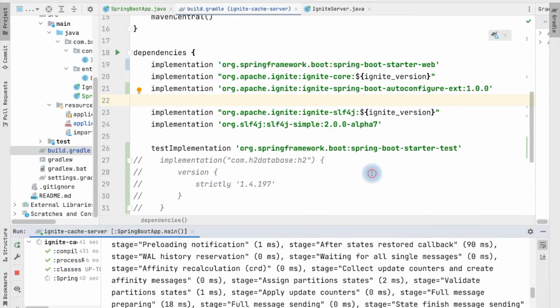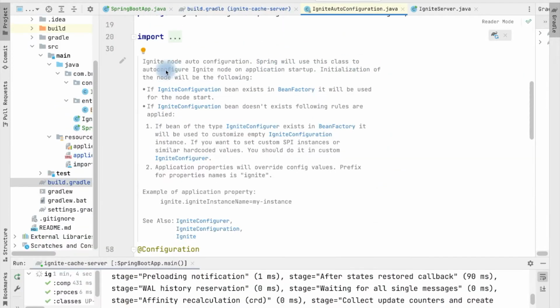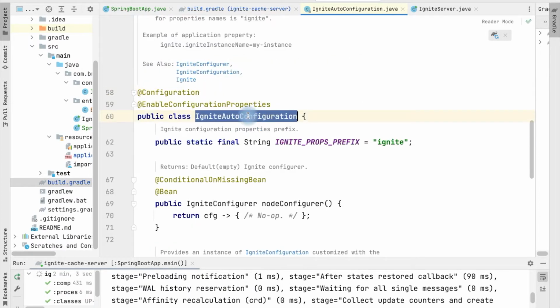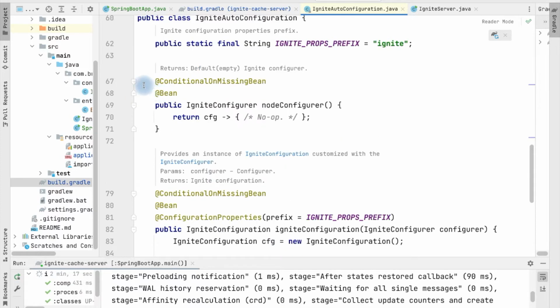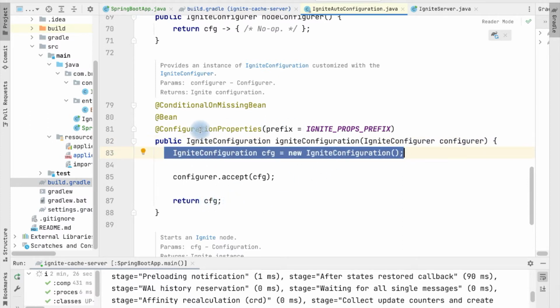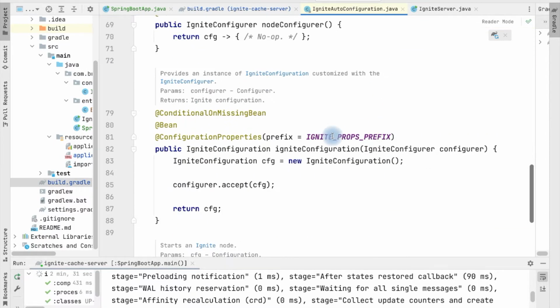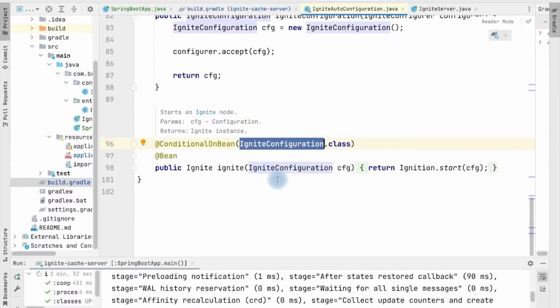And if you want to see where it is coming from, it has the IgniteAutoConfiguration.java. Spring uses this class to configure the Ignite. IgniteAutoConfiguration is annotated with the configuration. So whenever the Spring Boot based application will start, it will automatically inject the beans. In that process, it will start with the Ignite configuration and it instantiates the Ignite configuration. And then if we have defined some of the properties in the property file under the Ignite, then it will merge those properties. After the Ignite configuration, it injects that configuration with the Ignite and starts the server by applying